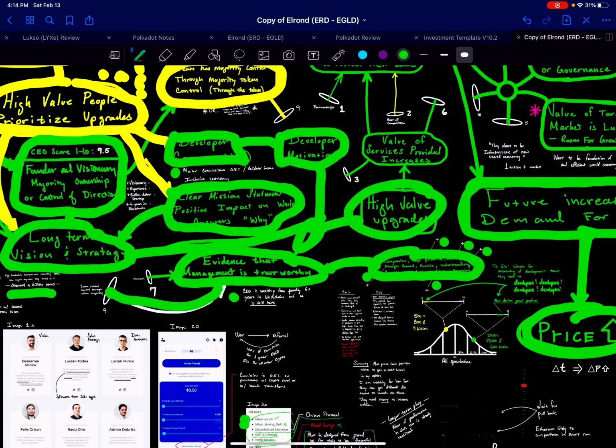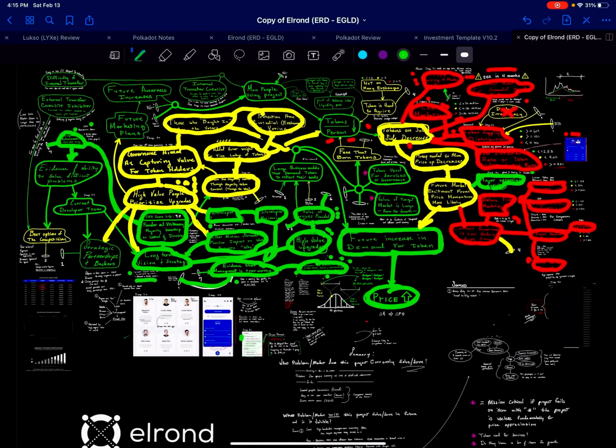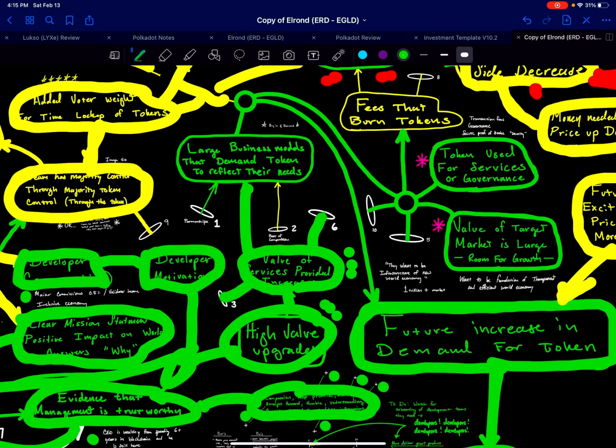High value upgrades, expect that to happen in the future. That's one of the things, they need to bring value to their app, the Mirror app. They need to bring in that first niche that establishes real cash flow, even if it's small, that creates a case for survival.